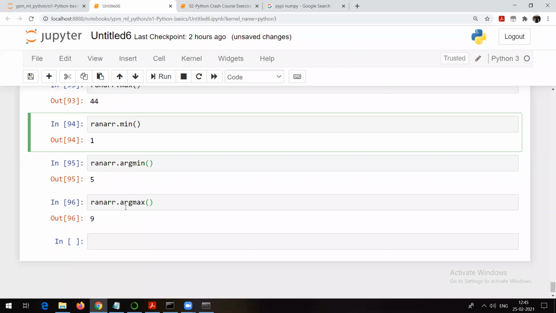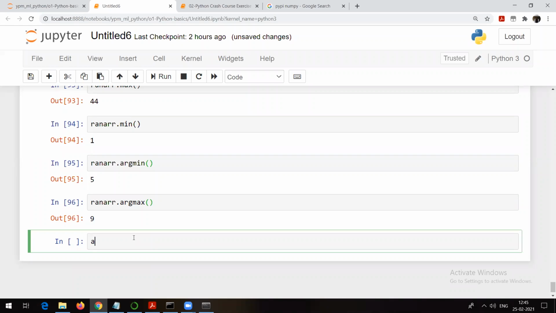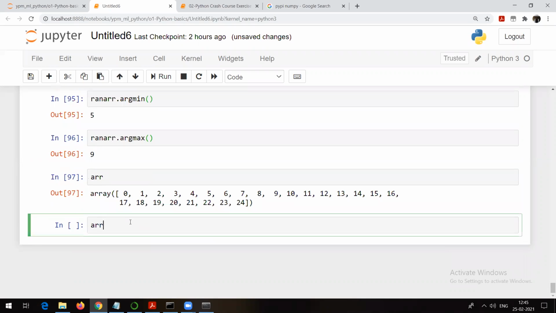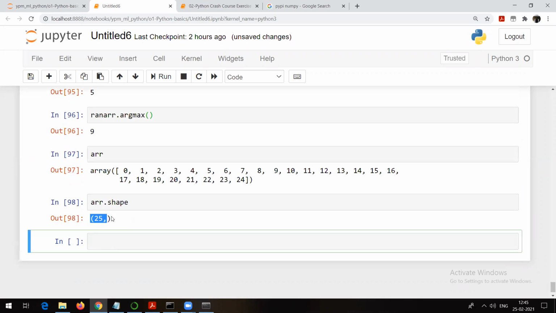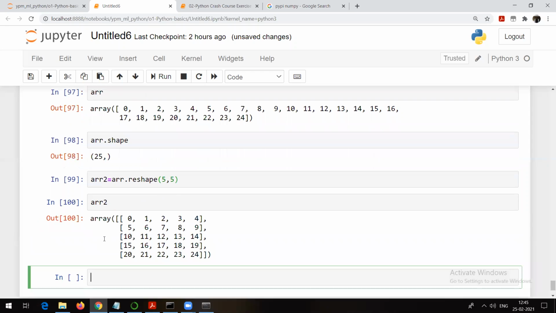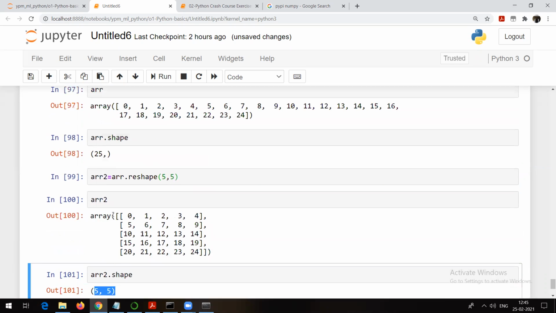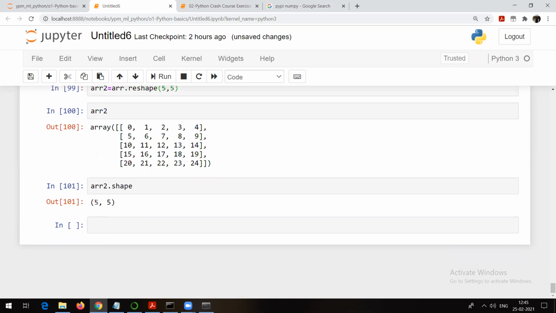Shape method, I already talked about that. For example, what is my ARR? This is my ARR. ARR is a 1D array, right? So if you want to check whether it's a 2D or 1D array, the shape method is going to give you this kind of output in case of a 1D array. Suppose I try ARR2 equal to ARR.reshape and reshape it into 5 by 5. Now ARR2 will be 2-dimensional. If I apply shape here, you will see the shape is like this. So for a 1D array you get a shape like this. For a 2D array you get rows and columns.